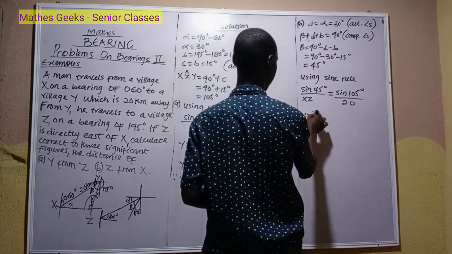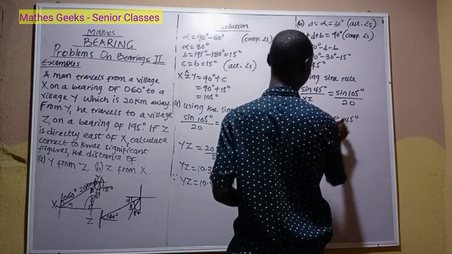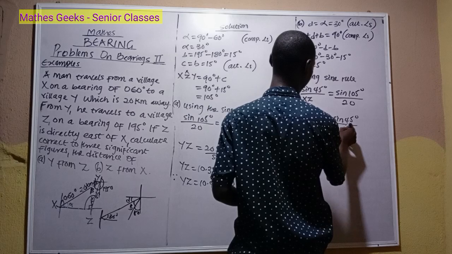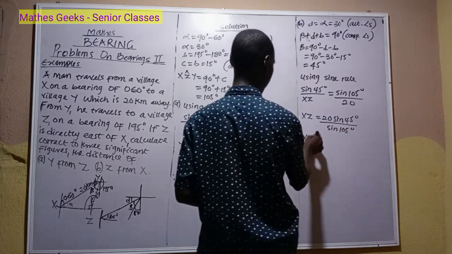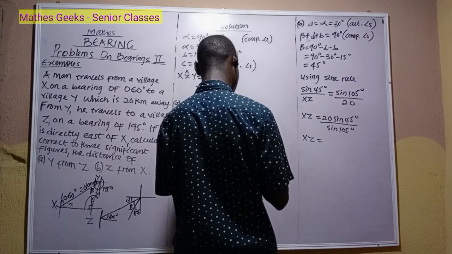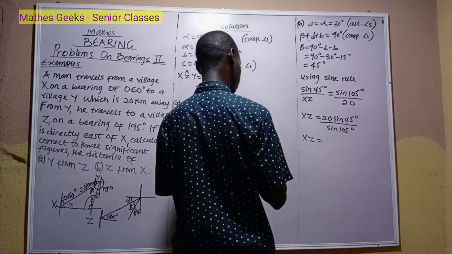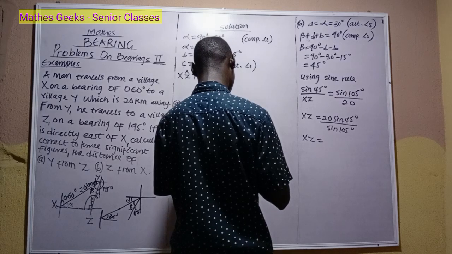So XZ is equal to 20 sine 45 degrees over sine 105 degrees. So XZ is equal to 20 sine 45 divided by sine 105,